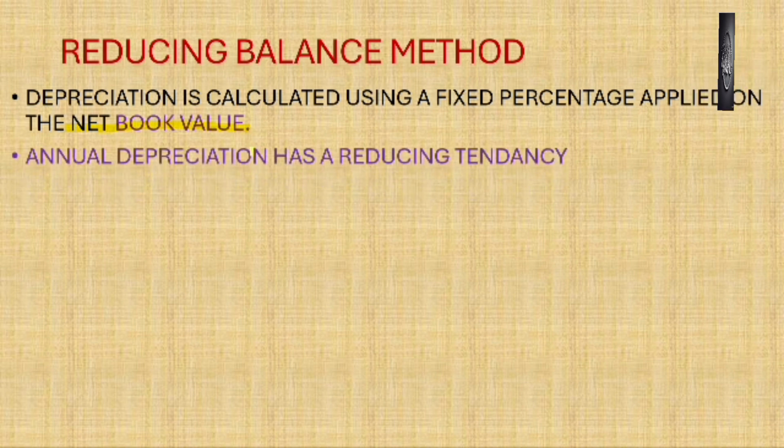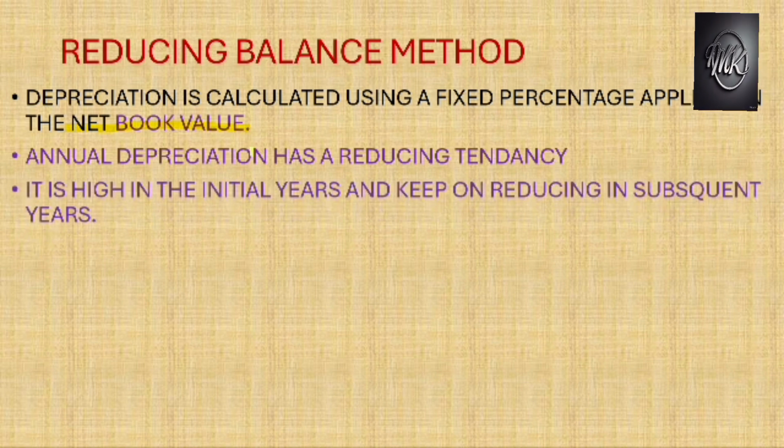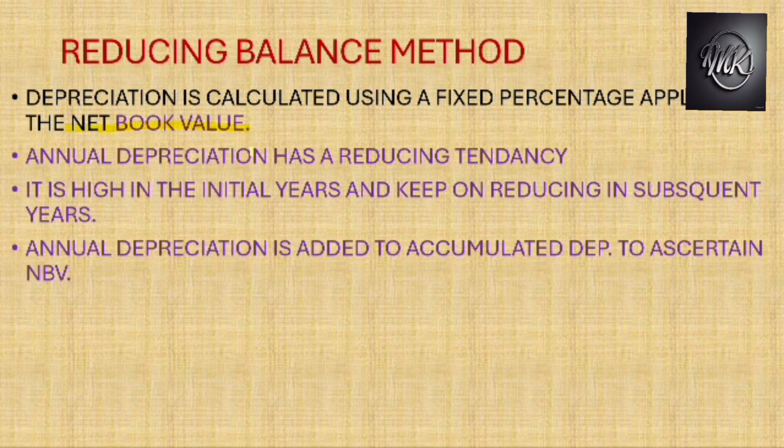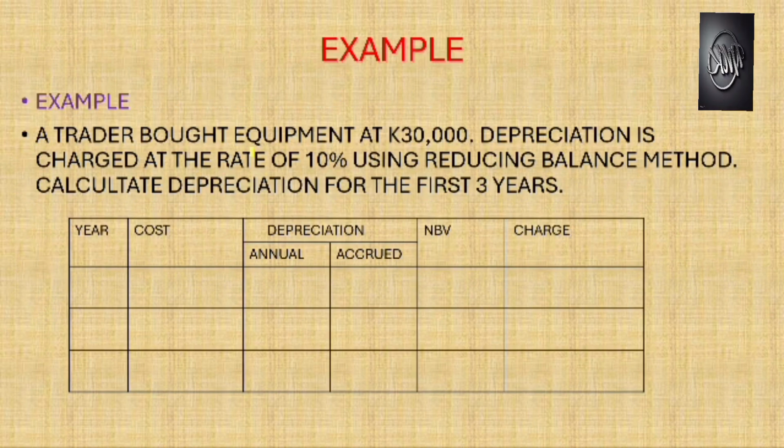Now, under this method, annual depreciation has a reducing tendency. It is high in the initial years and keeps on reducing in subsequent years. Annual depreciation is added to accumulated depreciation to ascertain the net book value. So, what do we mean? We are going to use this example for us to understand why it is even called the reducing balance method